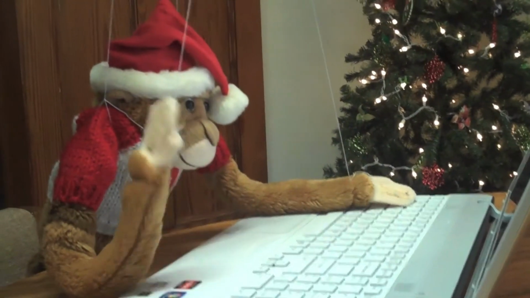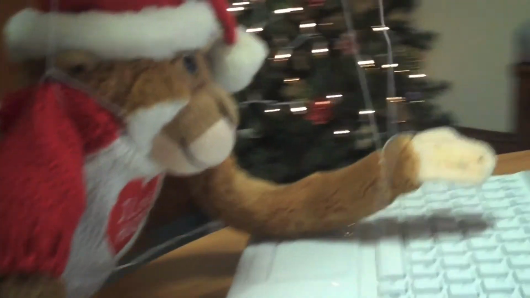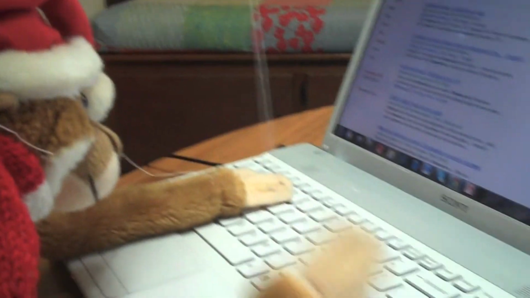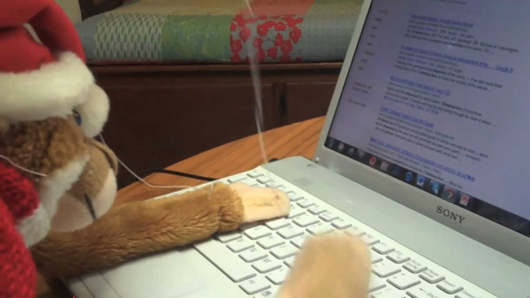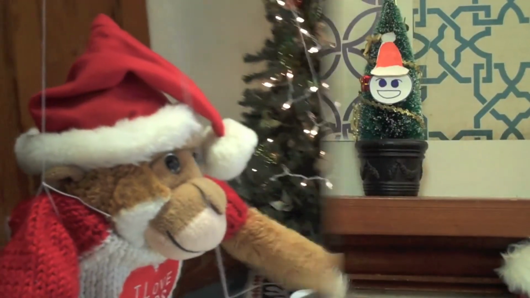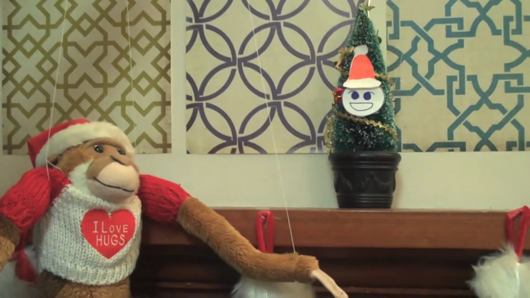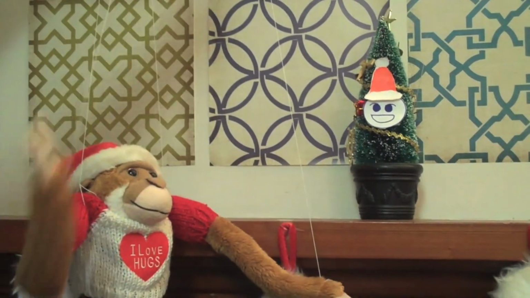To find the answer to the questions Monkey was looking for, he decided to go on Google. Sadly, though, he couldn't find anything. So he decided to consult his friend, the wise Christmas tree. Yes, I'm going to see Wise Christmas Tree. Hello, Monkey. I've been expecting you. Wow, you are so wise. I need